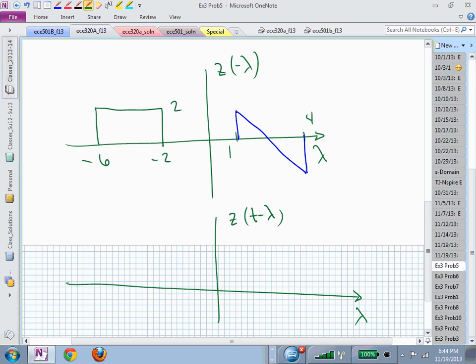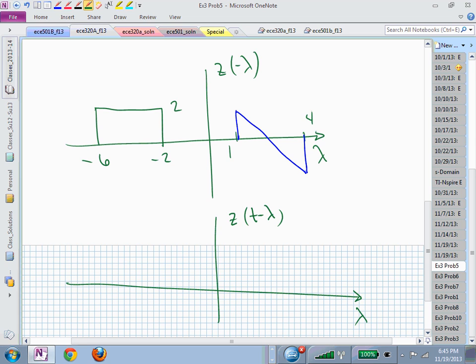So t is my adjustable parameter. I now slide it far enough to the left so that I can move it through and see all the overlap patterns. So I'm going to introduce a t on all of those